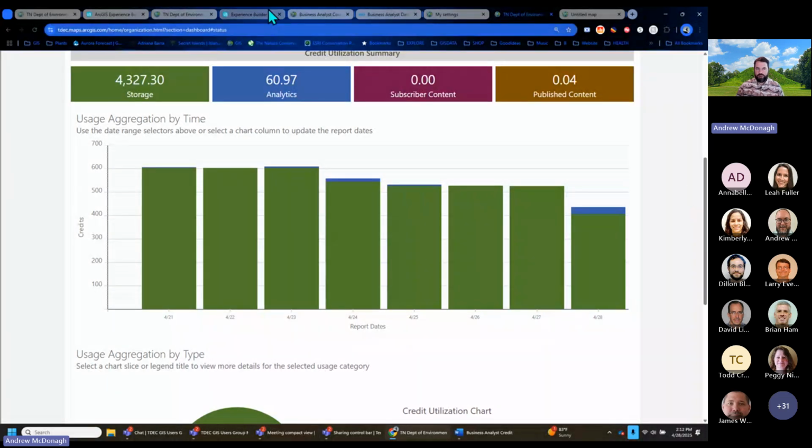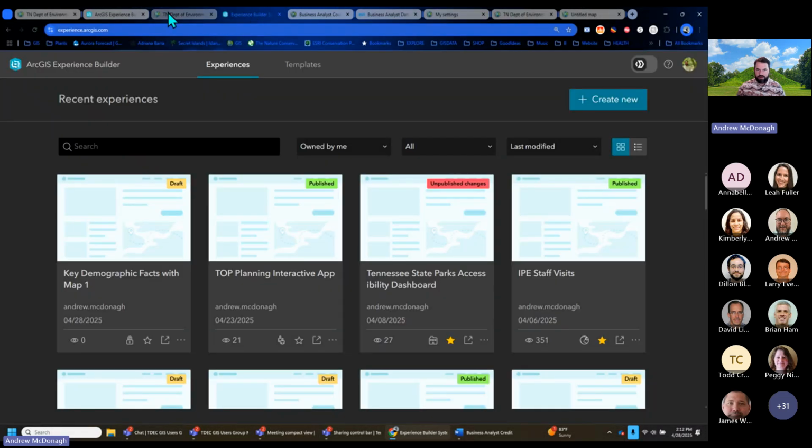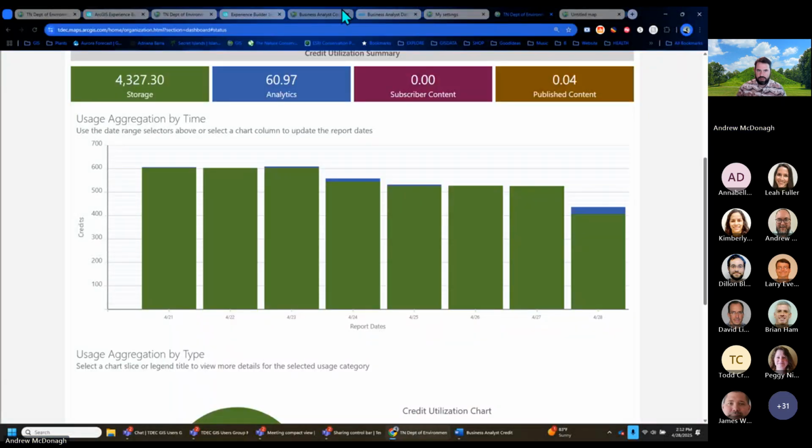For some reason in Experience Builder, when I'm doing this work, it's not logging him directly to my account. It's actually kind of logging him to the TDEC account. So we should try to figure this out. Reach out to us and Tim Buchanan before you start playing with the Business Analyst stuff too much or too